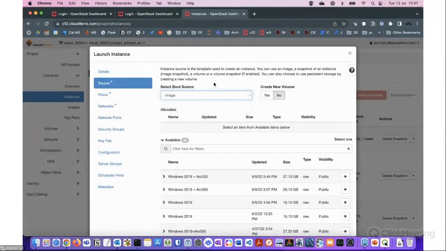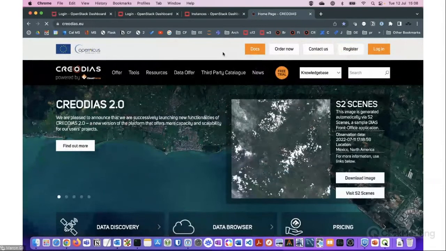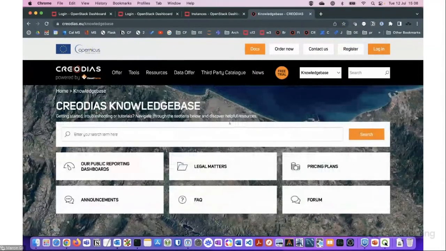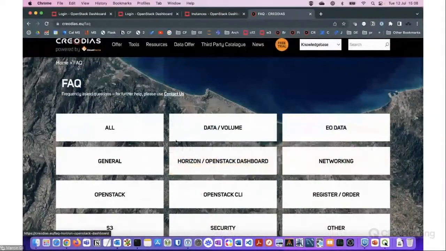There are quite many possibilities, so it's not enough time to talk about all of them. So I will not talk about creating from snapshot, for instance. But if you need some more information, you can always look for additional documentation on our page. This is on CREODIAS. If you click on Docs, you can have access to frequently asked questions. You can see various articles. So if I click all, then